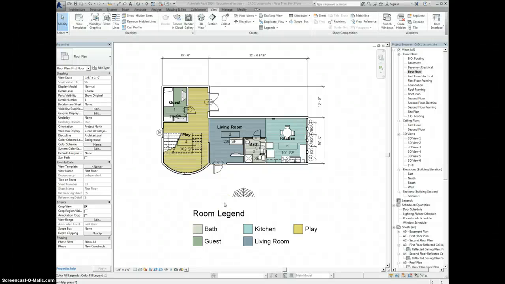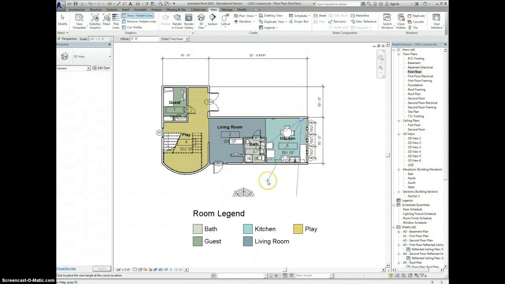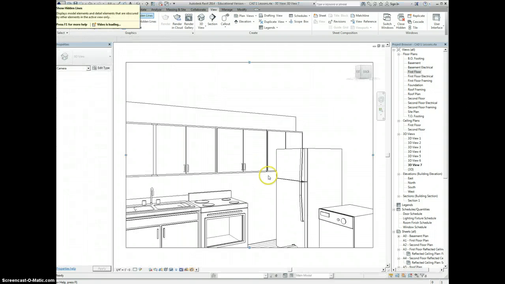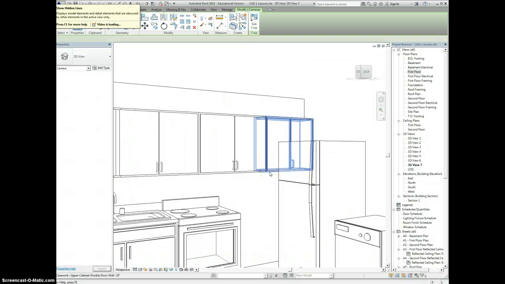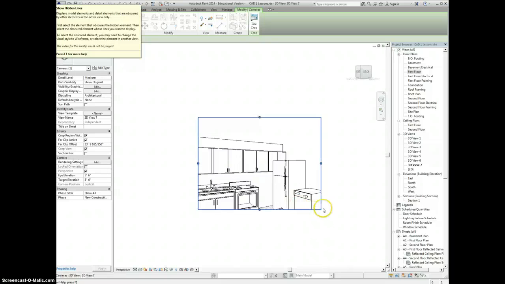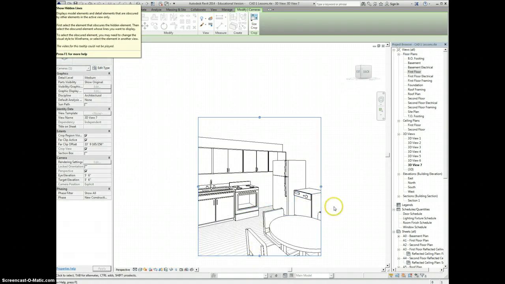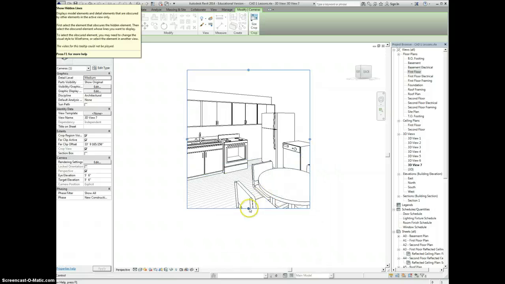Now, I mentioned in your apartment project that I want you to include some rendered images, and we haven't really talked about that. I know you guys know how to come up here and grab a camera view and go click, click, and show what the inside of something looks like, because we've already had to do this. We've had an inside view of the kitchen, and yes, I could grab this and drag it out to where I can see more of what the inside actually looks like,